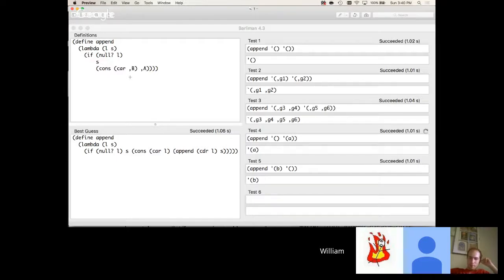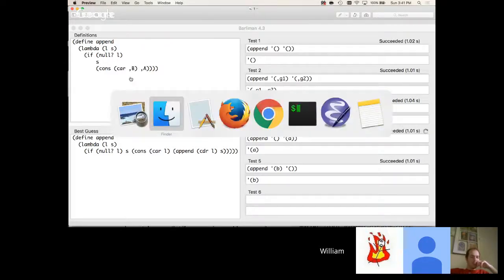If you know that something's not recursive, you probably can do much better with refutation, is my guess. Because as soon as you start doing recursive calls, if the program hasn't been completely defined, I think it can be hard to know whether or not you're going to be able to find a solution. Greg can probably speak to that better than I can, but that's the sense I get: once you have that recursive call, it gets harder to refute things. Whereas if you know, hey, this is a base case, there shouldn't be a recursive call here, then you probably can get stronger refutation. Do you think that would be correct,